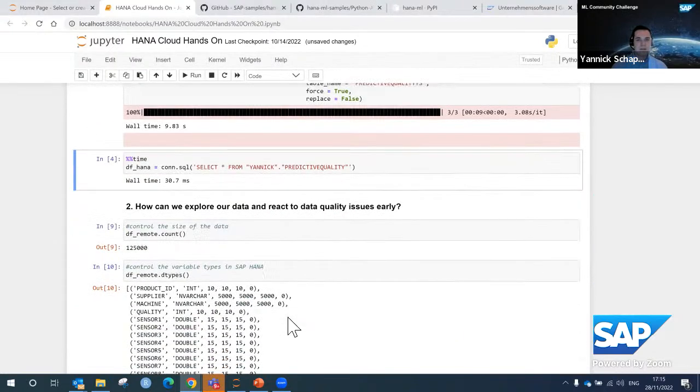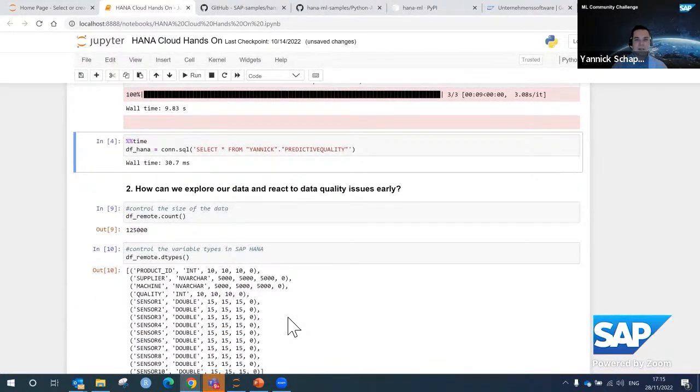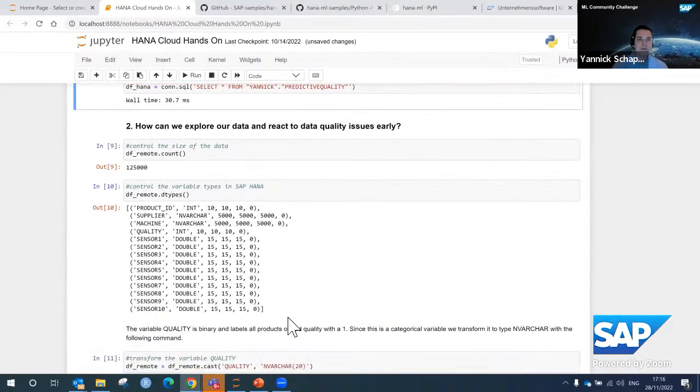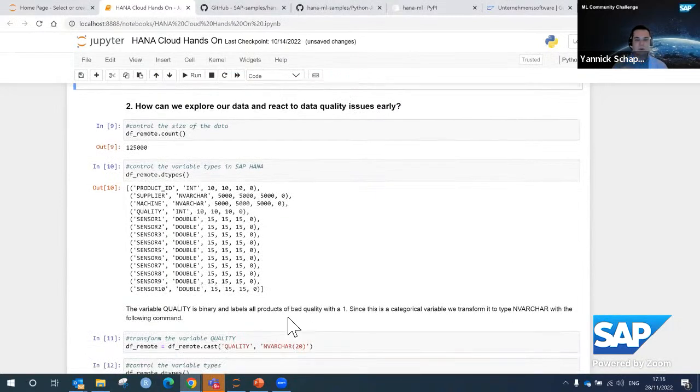So let's take a look at some data preparation or data understanding steps. So for example, if you first have to clean your data before you actually can do machine learning. And for this, you have, of course, a couple of functions already available here to you through the HANA ML package. For example, the variable quality, which I actually want to predict, is in the wrong format.